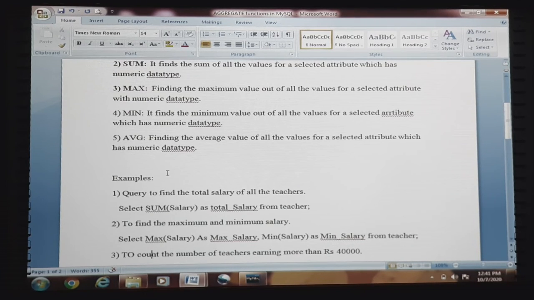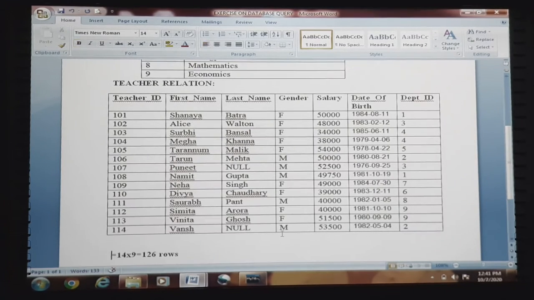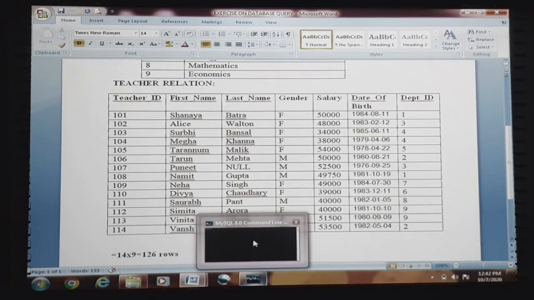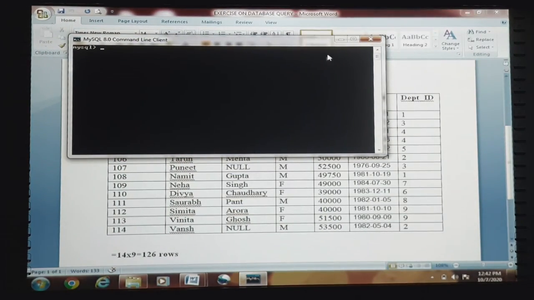The first query which we are going to discuss is, in our teacher table, in our teacher relation, we need to find out the total salary of all the teachers who are there inside a particular department, inside a school database. Suppose in a school database, say 14 teachers are there. In order to find out the total salary, we can use this aggregate function, and it will go like this.